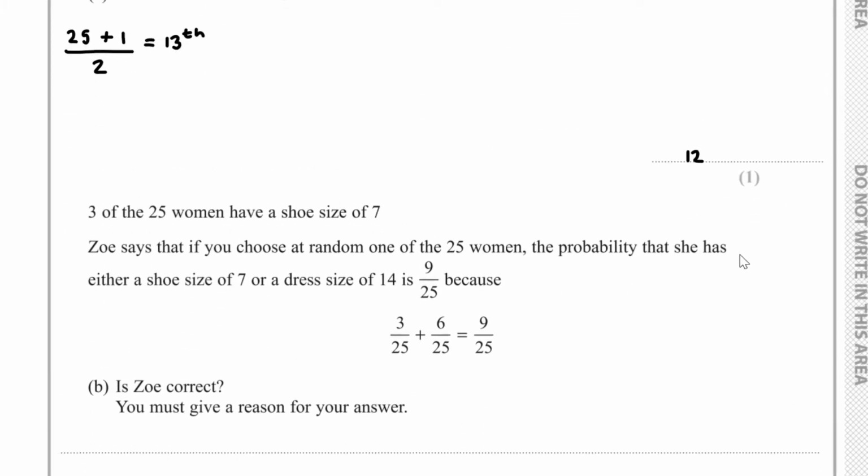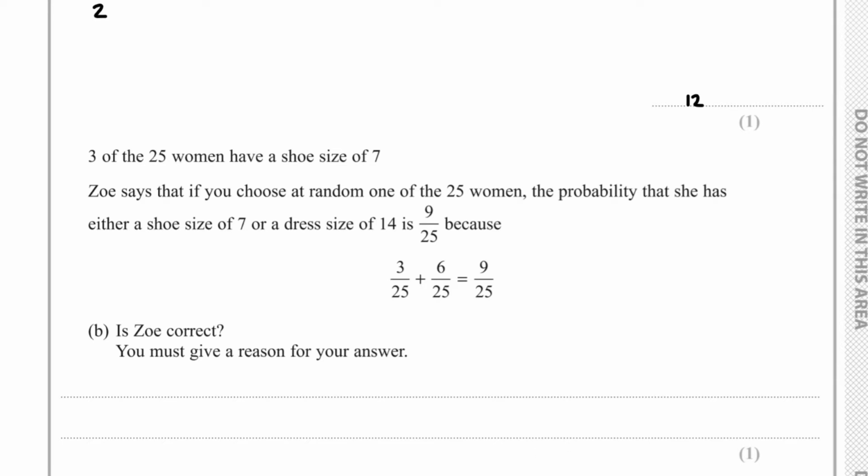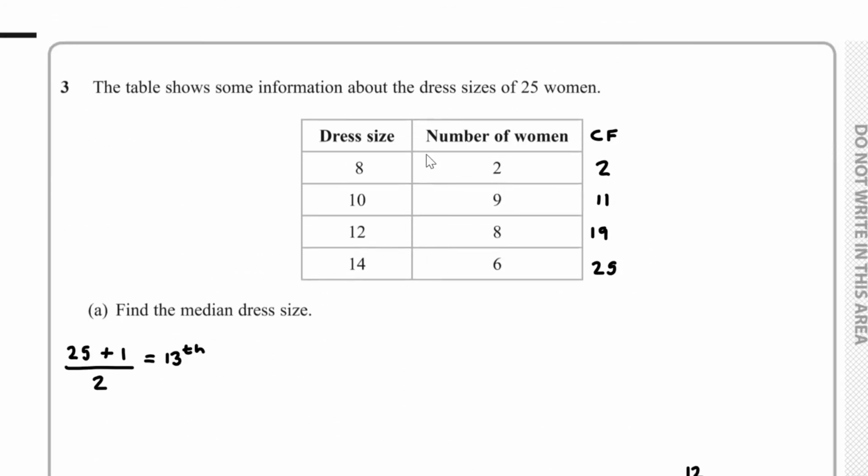Now for part B, 3 of the 25 women have a shoe size of 7. Zoe says that if you choose at random one of the 25 women, the probability that she has either a shoe size of 7 or a dress size of 14 is 9 over 25, because 3 over 25 plus 6 over 25 equals 9 over 25. Is Zoe correct? Well, if we take a look over here,